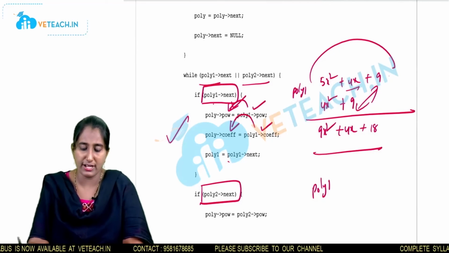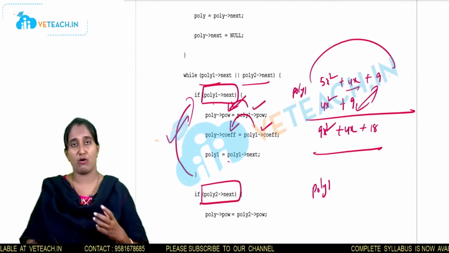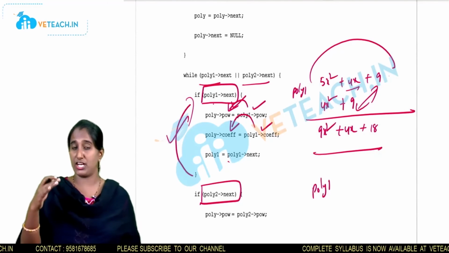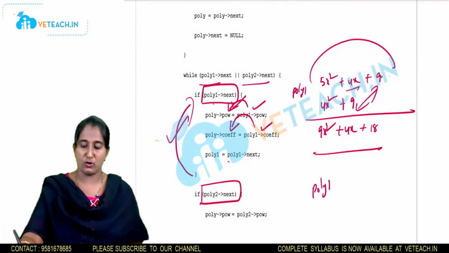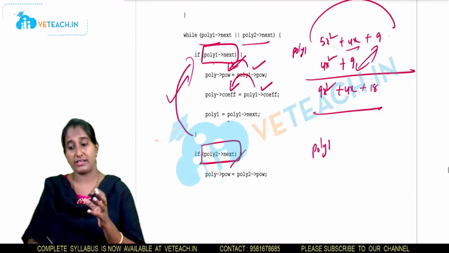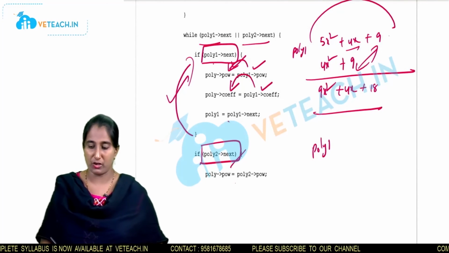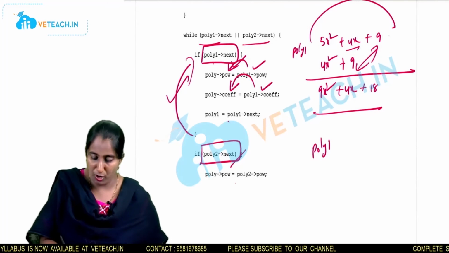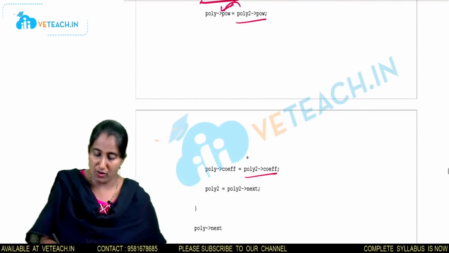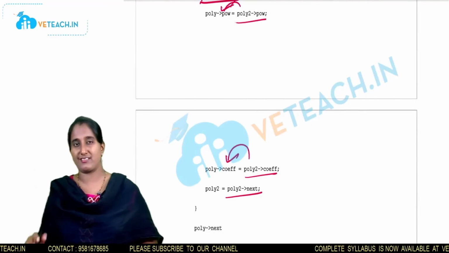Okay, so here what is happening? Again we are repeating this condition. Again what we are repeating? Until it reaches the null. It means that until we reach the last element node. So those terms are added. Okay. Similarly, poly 2 points to next. The terms which are left in the second expression should be carried out. Same, the poly 2 power should be carried to the poly power, and the poly 2 coefficient should be carried out to the poly coefficient, and poly 2 should be moved to the next pointer.